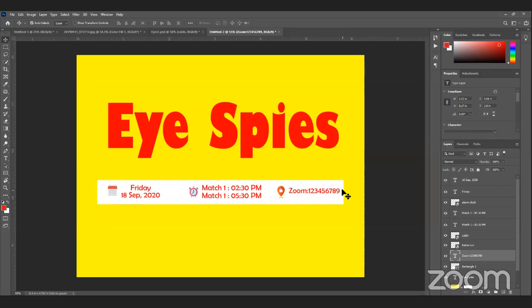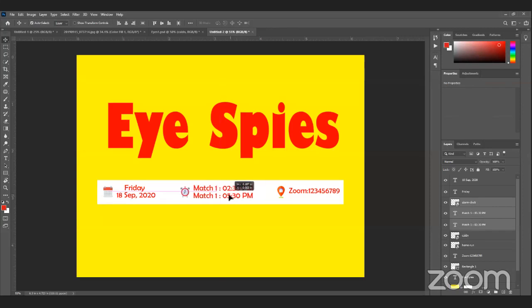Now you can see there is a little bit of a gap here. More gap here and less gap there. So I can adjust it quickly, just moving this icon here. I want to move multiple items, so I will click on a layer, then hold shift and select multiple layers, and then I can move them easily like this. And again, this one and this one.